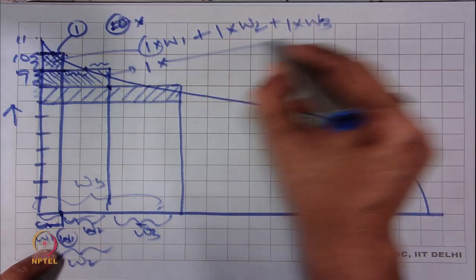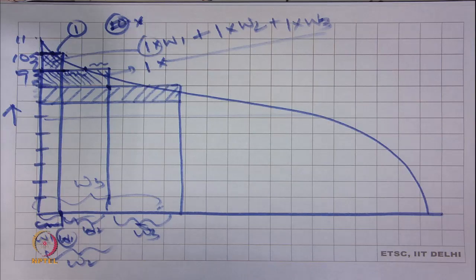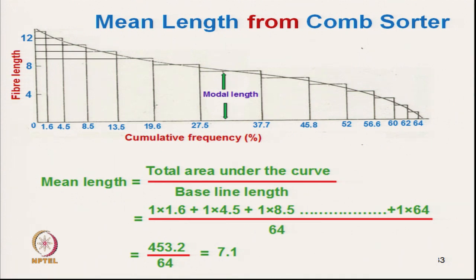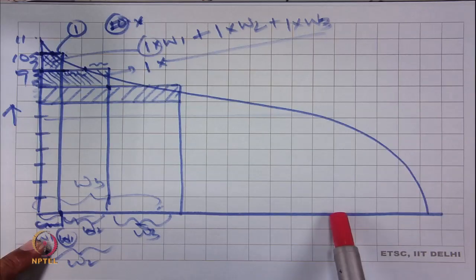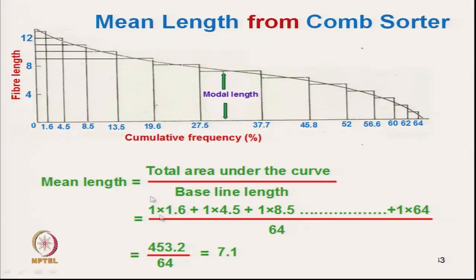So, in this way we can calculate the total area under the curve, that is actually the total area, and if we divide by the summation of width, we will get the height, mean height. So, here we can see this is the height, this distance is 1 unit, and here as per the curve we are getting 1.6. This distance from the 0 point, it is 4.5, this is 8.5, 13.5, 19.5, 27. In this way it is the distance.